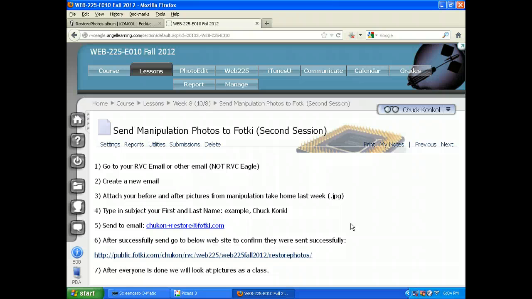So you need to go to rockvalleycollege.edu. Get out of Eagle. If you just hit the home button, it should go there, I believe. The home icon on the very right of your browser. It looks like a home icon. And then go up to the top here. Just go ahead and type in